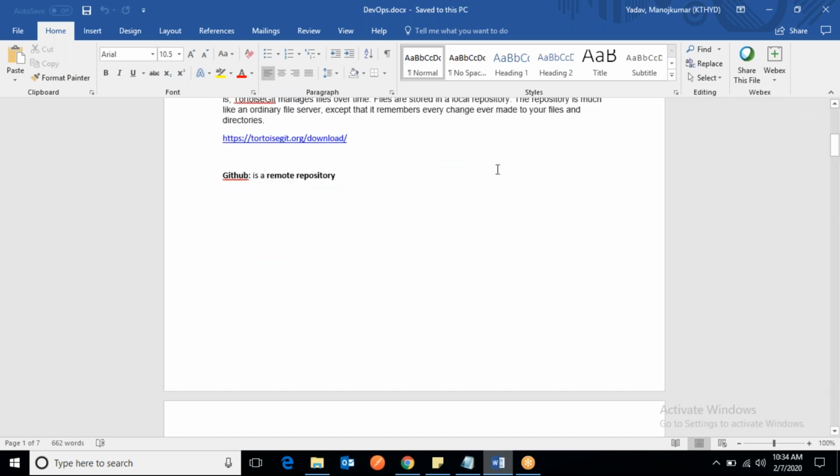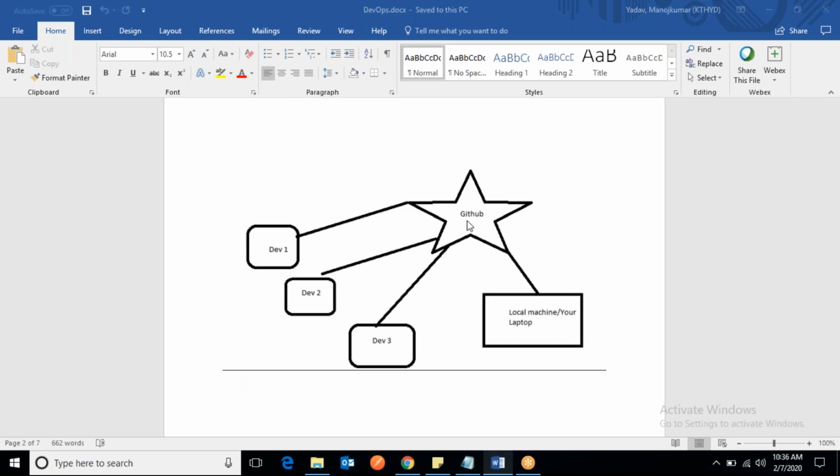GitHub is a remote repository, where everyone can check in their code, and then they can create a pull request to merge their code to master. So that is how GitHub manages source code in the cloud.